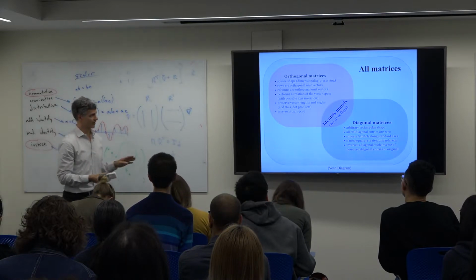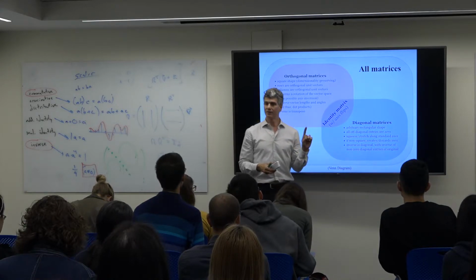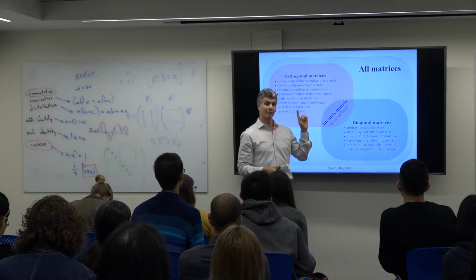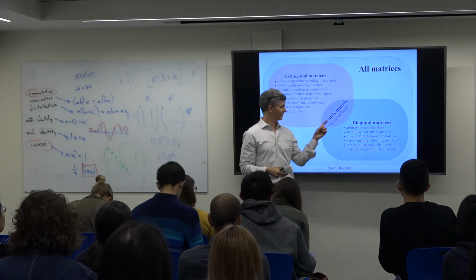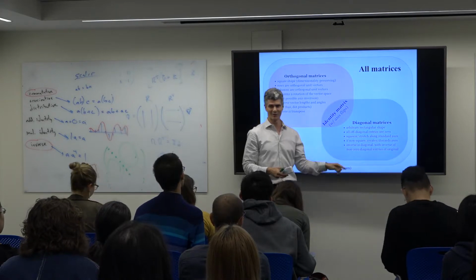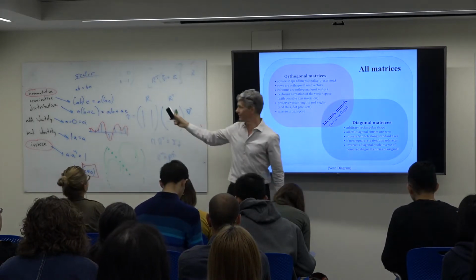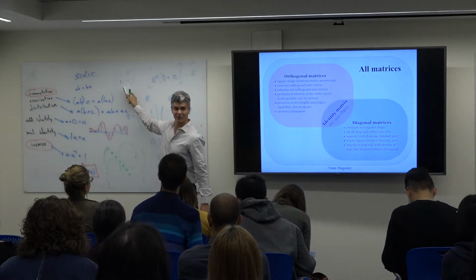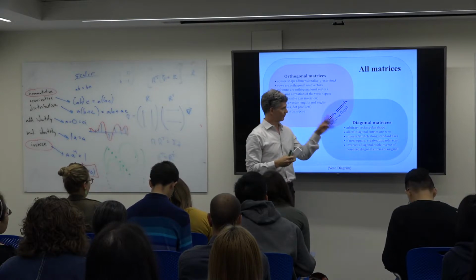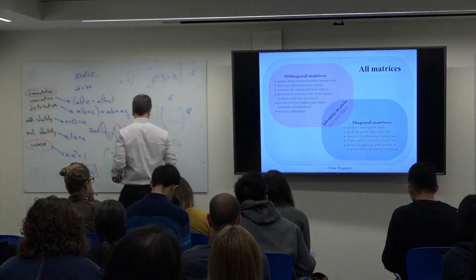And of course, the intersection between the diagonal and the orthogonal matrices is the identity matrix. That is both diagonal and orthogonal, but not just the identity matrix. It's the identity matrix with all permutations, where you can put minus signs on those ones on the diagonal. Because the one that I just drew is an orthogonal matrix. It's also a diagonal matrix. So the intersection in this Venn diagram between these two classes is those guys. All right, now